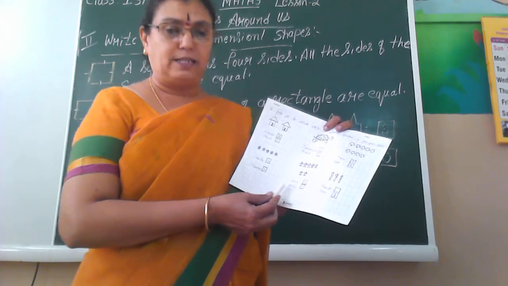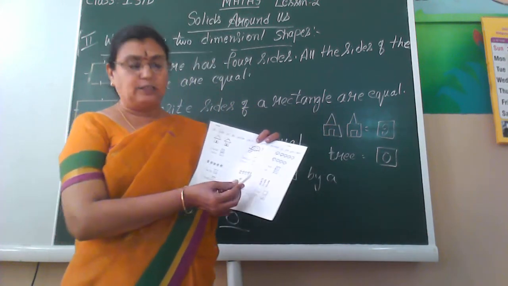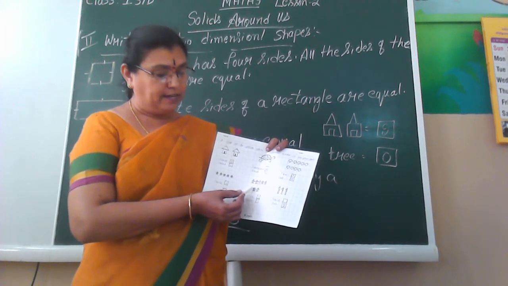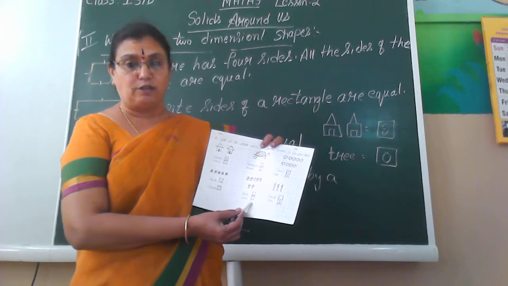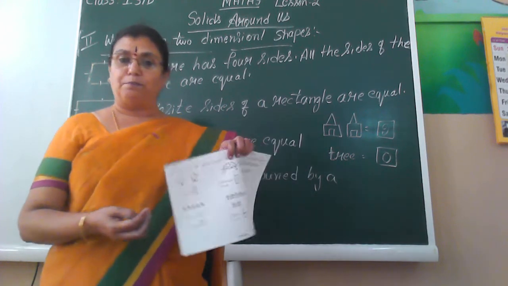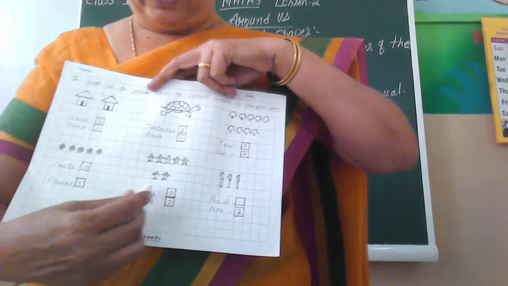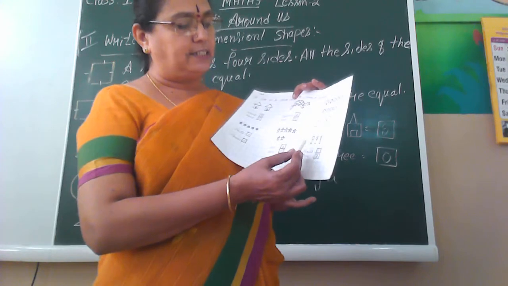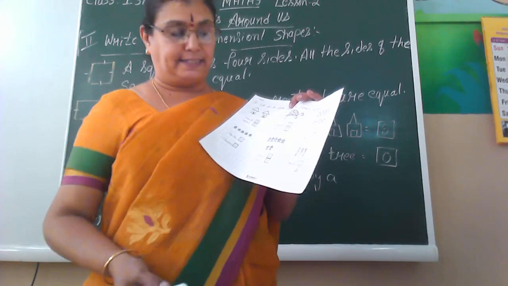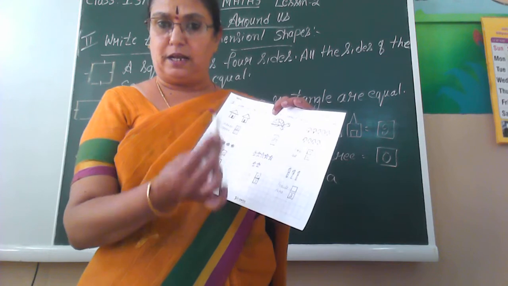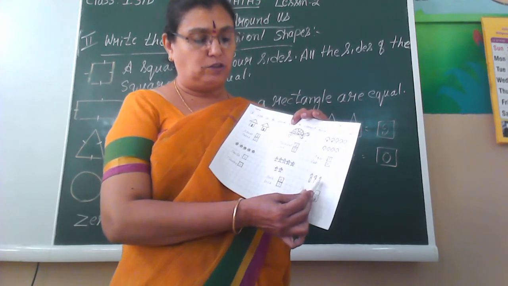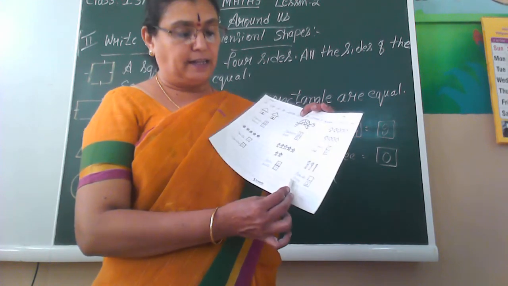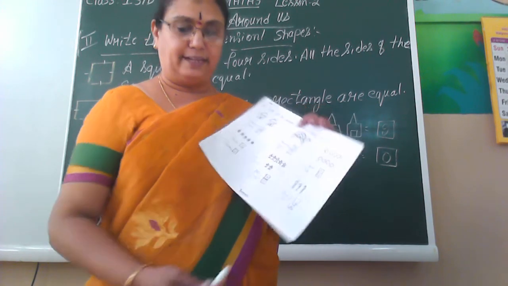And again balls and dolls. How many dolls are there? We'll count 1, 2, 3, 4, 5, 6, 7. So in the dolls box you have to write 7. What about balls? Is there any ball there? So in that box you have to write 0. I'll send this, children. Then again last, they have given pencils and pens. There are only 3 pens there. Count 1, 2, 3. So in the pencil column there is nothing. And the pens 1, 2, 3. So you have to write 3 in that box.